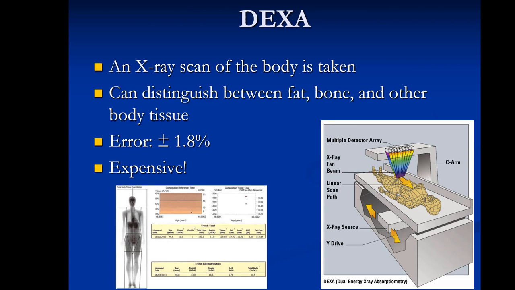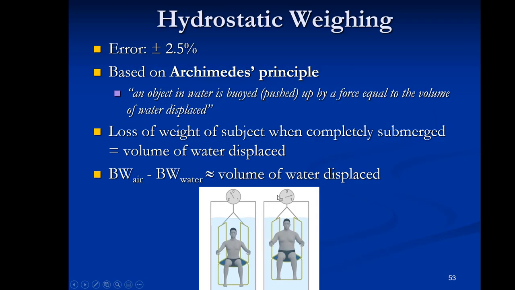Other techniques for body composition: DEXA, where you take an x-ray scan of the body, can distinguish between fat, bone, and other tissue. It's really expensive, but the error is the lowest. So it's considered by most to be the most accurate way to estimate percent body fat. And underwater weighing used to be considered the gold standard for most,